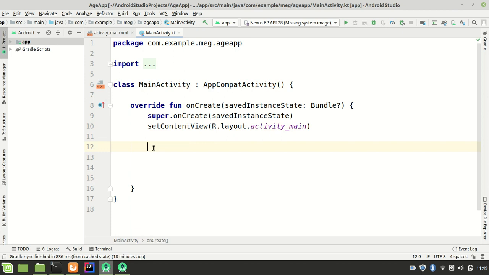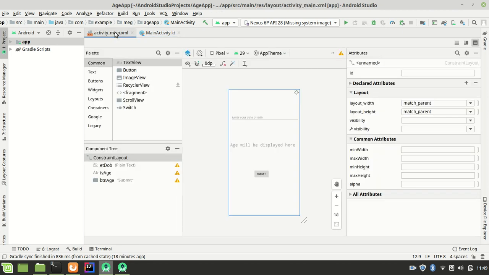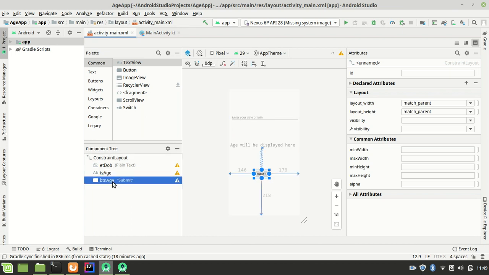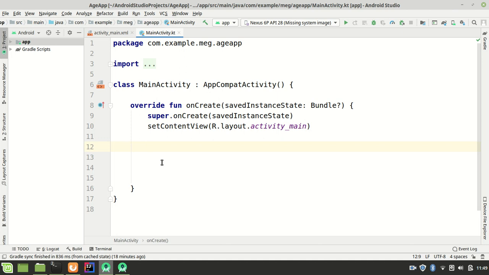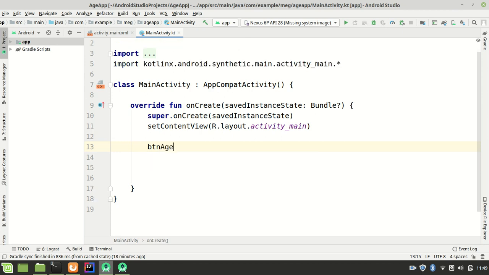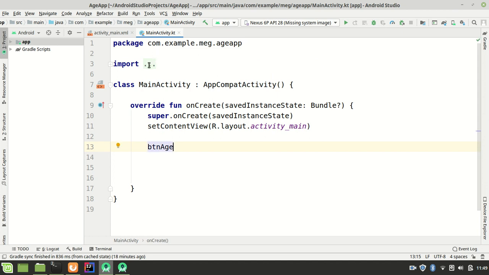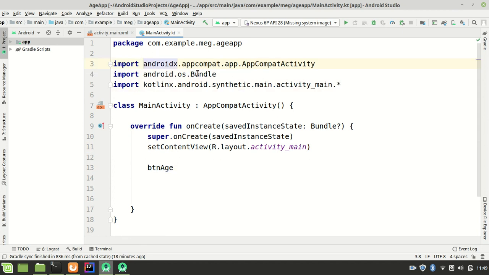Then we'll call our button. The ID, btn age, is what is going to assist us to call this button. So we'll come and pick the ID, btn age. You can see in our imports, it has imported the activity main.xml. So we'll say that ID btn age, which it has picked, dot, then we'll say